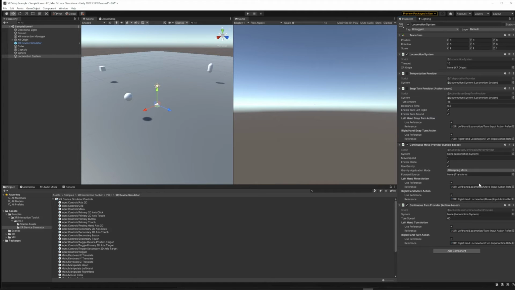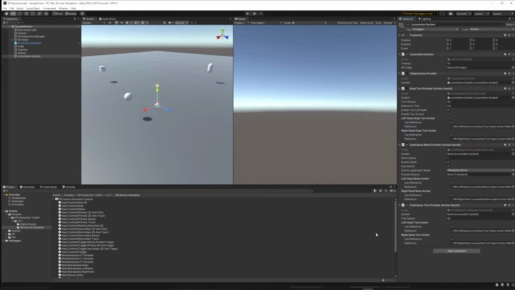The reason that I want to do that is even if in the end we want to make a teleporting system for our actual headset experience, for the mock headset, I think it feels much more natural and expected to work with it in a first-person